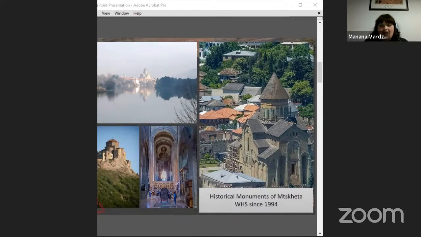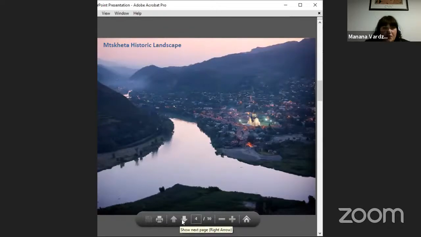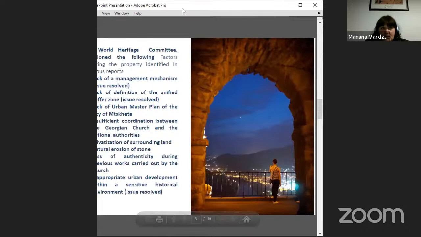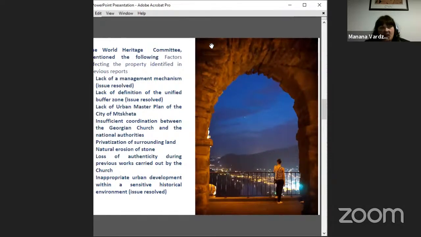So far, the preservation of the traditional urbanity of the city, as well as the historical natural landscape of the surroundings, has been one of the most crucial issues for almost two decades for the state party and a subject of serious consideration of the World Heritage Committee and its advisory bodies. Here is one of the beautiful views of Mtskheta. And here you can see brief considerations provided by the World Heritage Committee in different years related to the Mtskheta World Heritage site. Due to the hard time, it was inscribed on the List of World Heritage in Danger from 2009 to 2017. Now we are lucky that we have been withdrawn from the danger list, while the problems are still